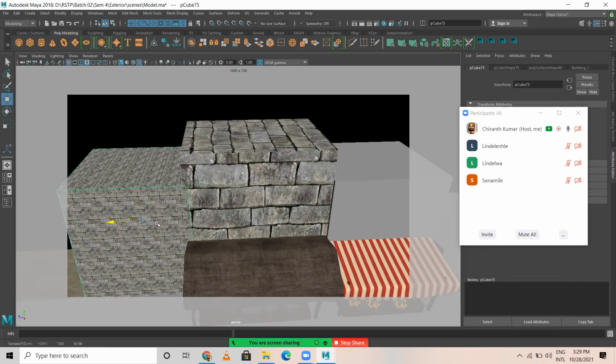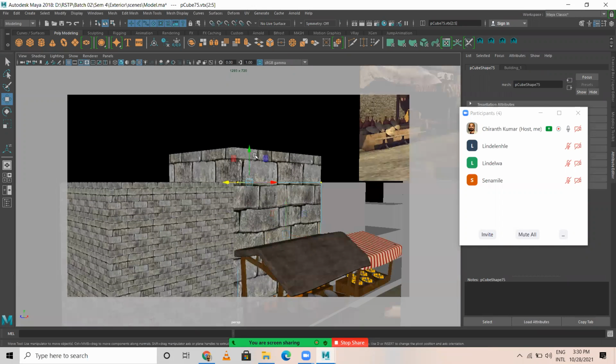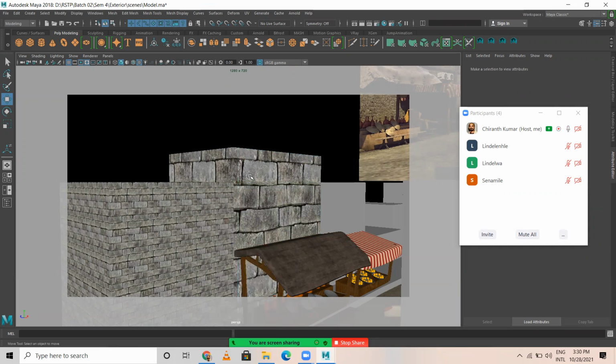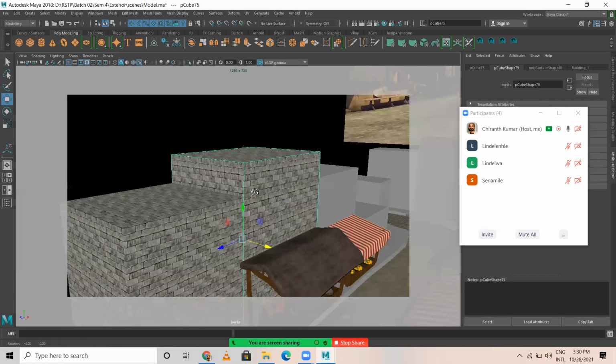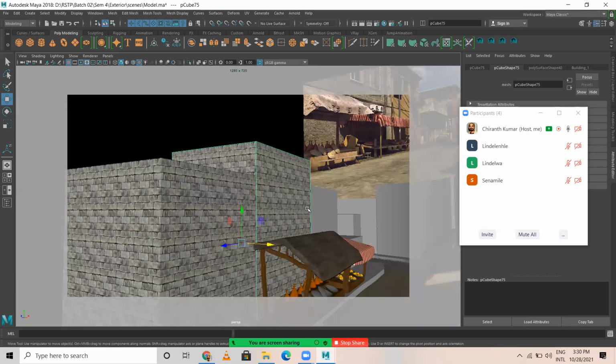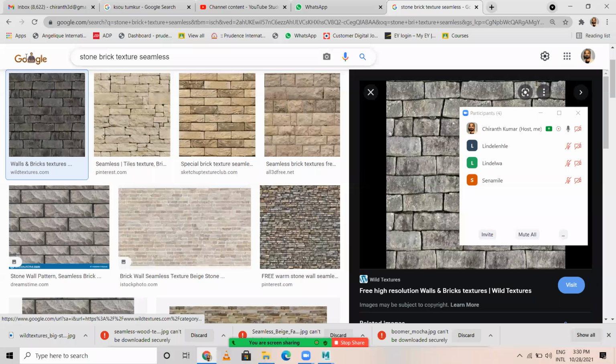So what I do smartly, anyhow, this model unwrapping is done. I'll be selecting this model and placing it here. I'm going to change the texture only. So for this model, I would like to apply some building texture.